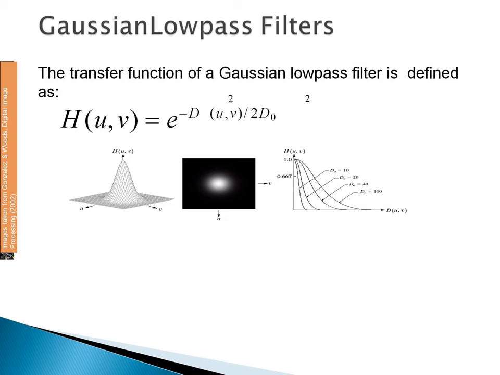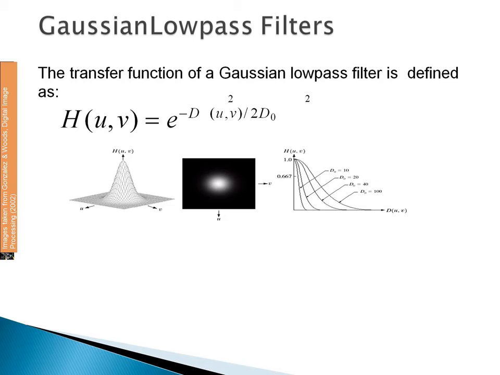Here we are not going to use a multiplying constant, but to be consistent with the filter, we are going to make use of one variable called sigma. The sigma is a measure of the spread out about the center. Whenever sigma is equal to d naught, we can express the filter by making use of the notation of the other filters, where we replace sigma with d naught, where d naught is the cutoff frequency. When D of uv is equal to d naught, the Gaussian low pass filter will be down to 0.607 of its maximum value.